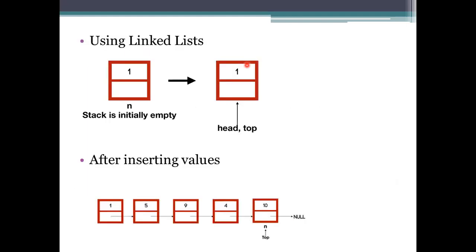If you take the linked list representation, when we create an element it won't have the simple representation. It has node-like processing. It has a data part and a node pointer. The pointer points to the next element. The example below shows the processing, where the elements inserted are 1, 5, 9, 4, 10.